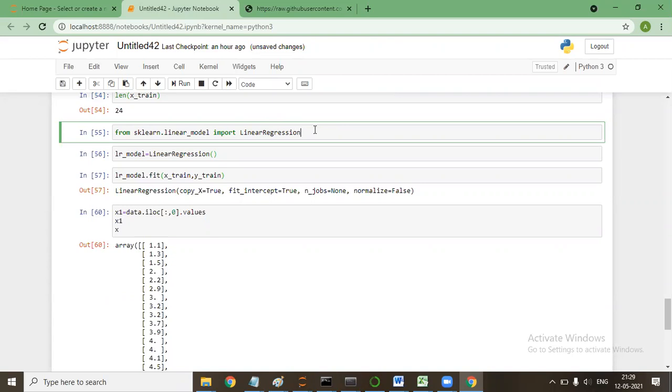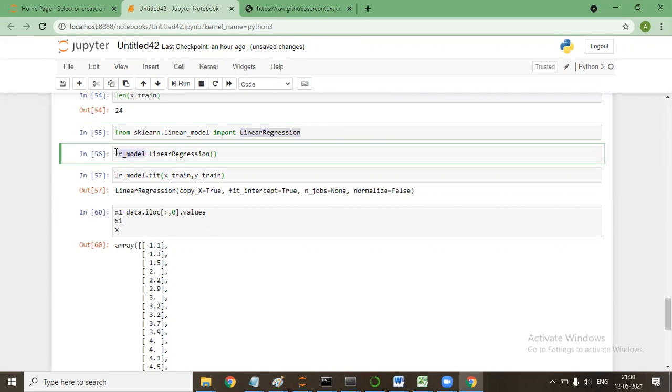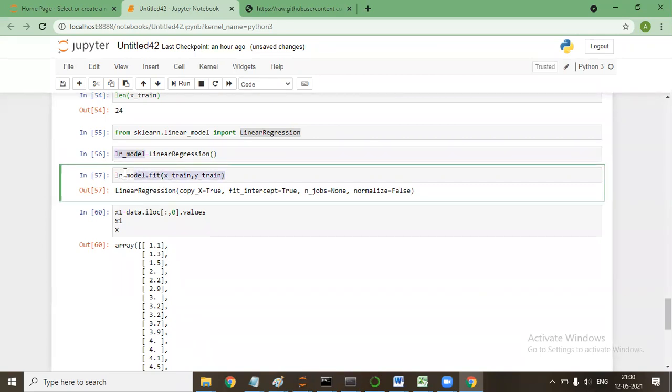The thing for you to learn is: from sklearn.linear_model import LinearRegression. I've imported LinearRegression. I've named the model LR_model, the name of the class was LinearRegression, but I have named it with another name. I could name it ABC as well. Then I say LR_model.fit. LR_model.fit means now it has made the model on the backend.